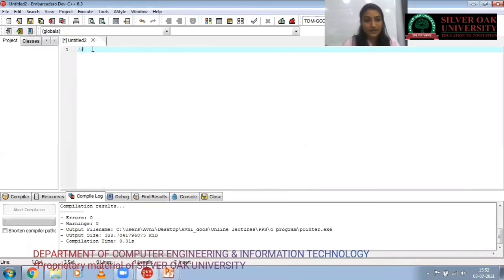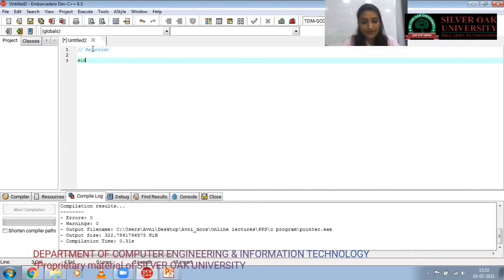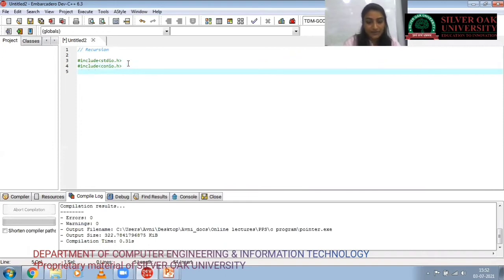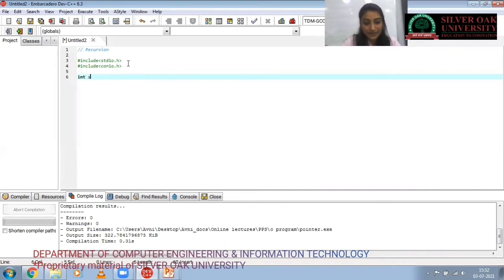Okay, so we are using recursion. First of all, the program starts with the header file. Before starting the main method, we have to declare the function int sum, and we are passing one argument in that.